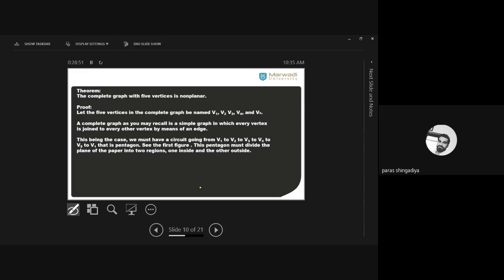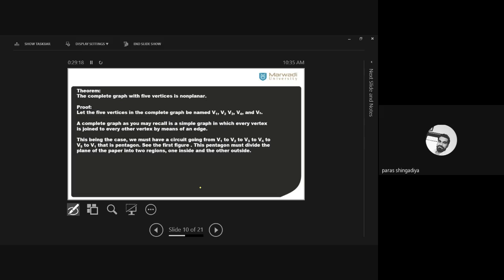So that is one theorem we have. It is also an important theorem for the exam. Clear? 2 to 3 theorems are there in this unit number 6. That is one of the important theorems. Prove that the complete graph with 5 vertices is non-planar. Complete graph with 5 vertices means K5 is non-planar. Prove that means you have to prove it. Okay? Consider the starting of the creation of K5.